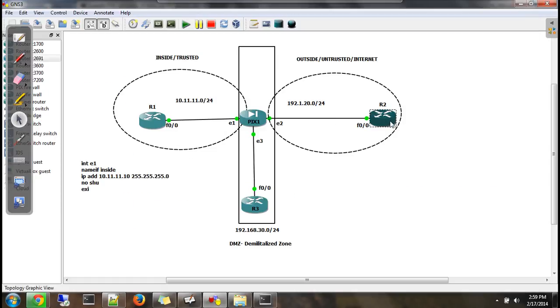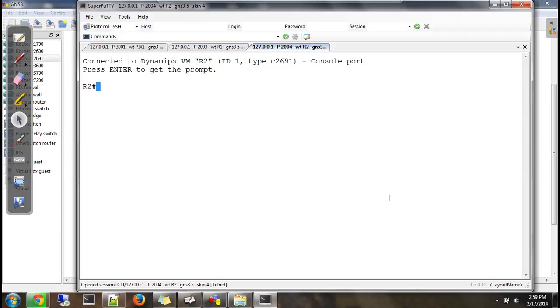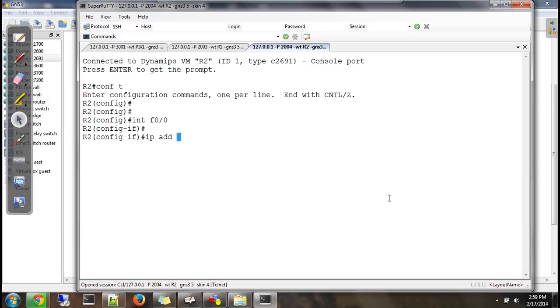Then next thing, let's configure R2 first. Config t, interface F0/0 with an IP address of 192.120.255.255.0, no shut, and that's done.